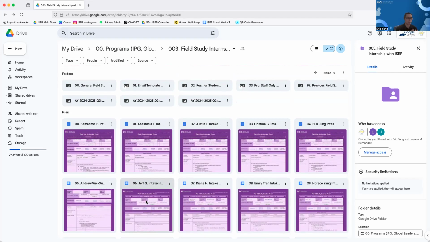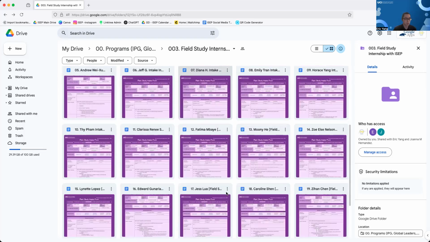just to know, we get a lot of interest because of the fact that we are an on-campus department and program. So a lot of students prefer to just do field study on campus where it's local, and we're also very flexible with our hours. We also do a lot of different things and interests. We make a lot of accommodations for our students, obviously with limitations and parameters, but we do make a lot of accommodation and flexibility, and we do a lot of different tasks. This is why a lot of students want to do field study with us, and we have a pretty well fleshed out field study program as of right now.